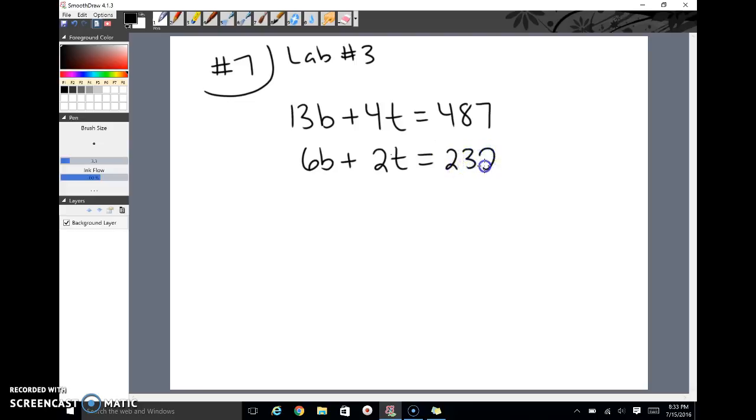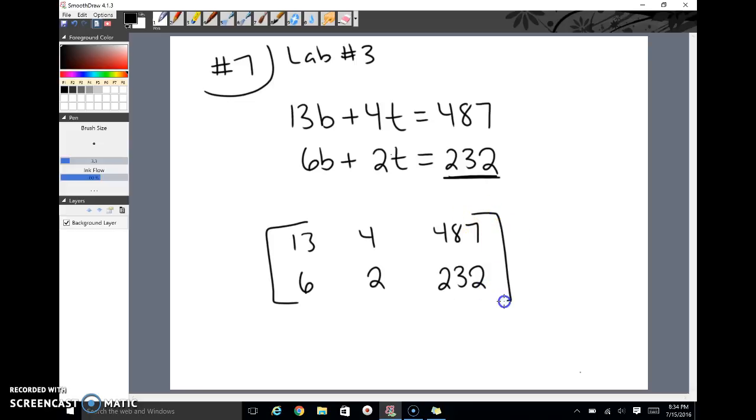And your handwriting on your paper is a little bit blurry when you copied it, but I'm thinking that you might have written some number other than 232, because if you set it up like this, your matrix should be 13, 4, 487 and then 6, 2, 232. From that point you would want to do your RREF on your calculator, so that stands for reduced row echelon form, and then you should get the correct answer, which at the moment,